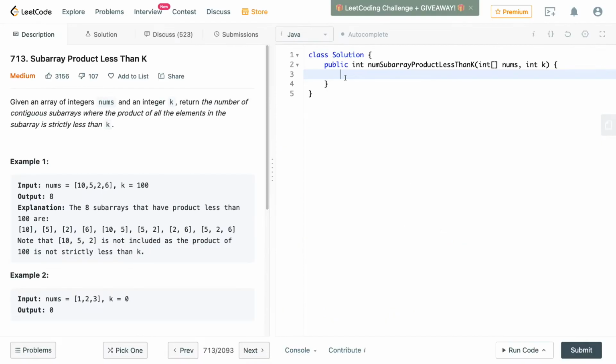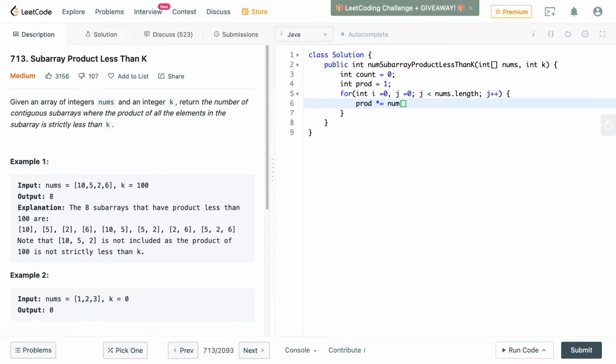So let's code this up. We will have an int count that will be equal to 0, and we'll have a product that will be 1. So for int i equals 0 and j equals 0, j less than nums dot length, j plus plus, product will be equal to product times nums j,